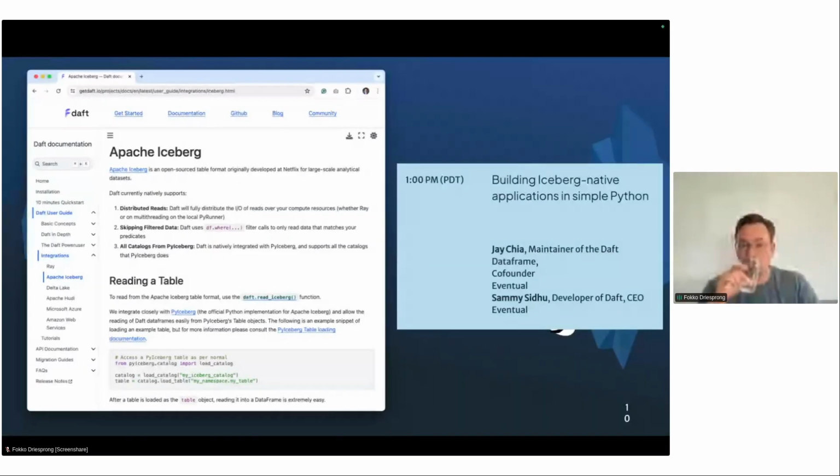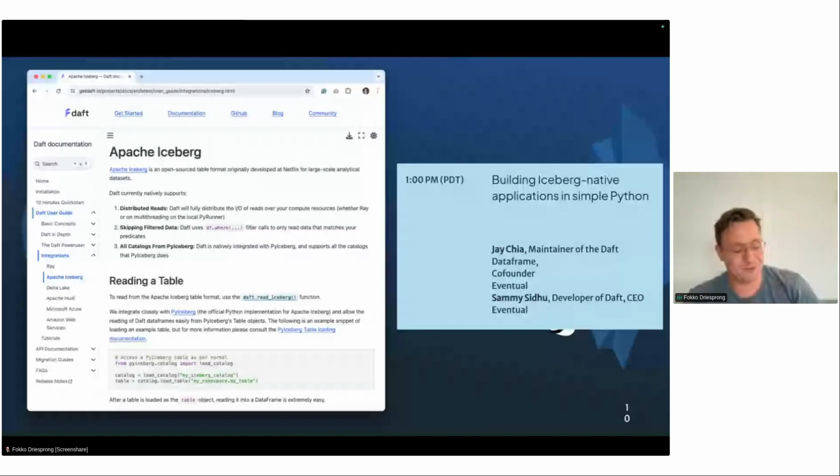Another query engine that has PyIceberg in the backend is Daft. It's a Rust-based query engine, same as Polars, by the way. But the nice thing about Daft is that it's designed to scale out. So you could see the "lightweight data processing" with "lightweight" struck out, and that's because with Daft you can actually pull in quite significant amounts of data. It's quite impressive. If you're interested in this, I would just refer to the talk of Jay and Sammy. We're happy to tell you more about Daft. It's really cool.